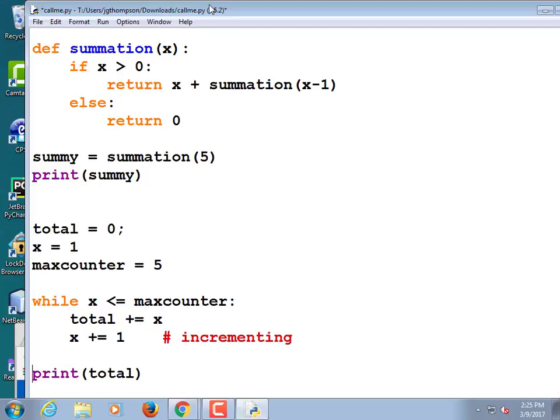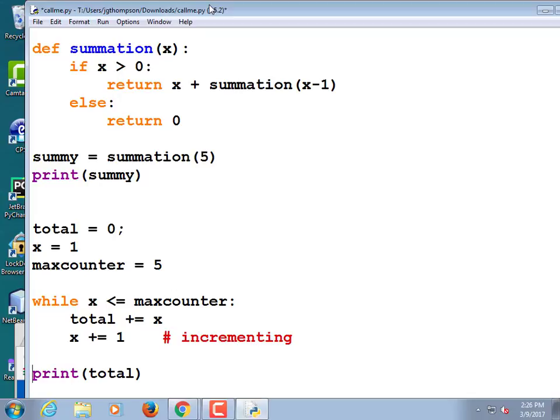Is 4 greater than 0? Yep. So this is going to return 4 plus the summation of 3. Loops back up here, calls it with 3. So this is going to return 3 plus the summation of 2. Runs back up here. Now x is equal to 2. That's still greater than 0.